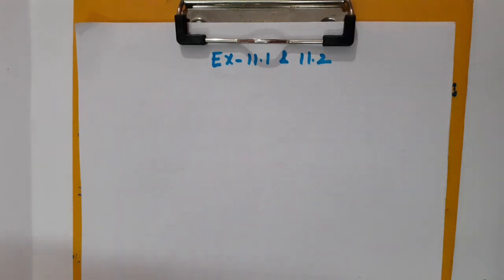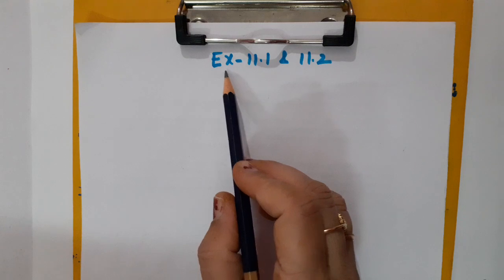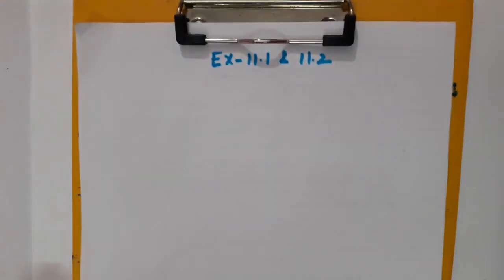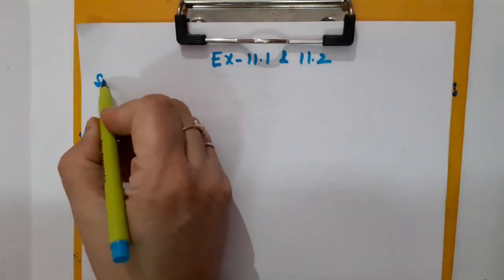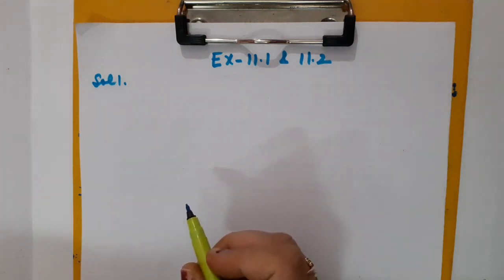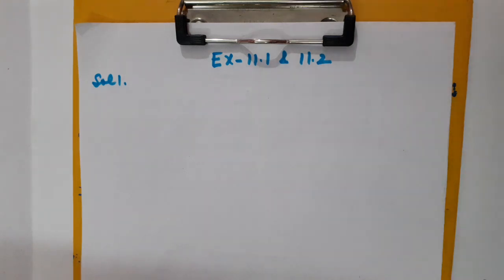To make you understand the very first topic, that is division of a line segment internally in the given ratio, I am going to take the very first question from exercise 11.1. So let us start. What is the question statement? Please listen to the statement carefully. Draw a line segment of length 7.6 centimeter and divide it in the given ratio, that is 5:8. Measure the two parts also.